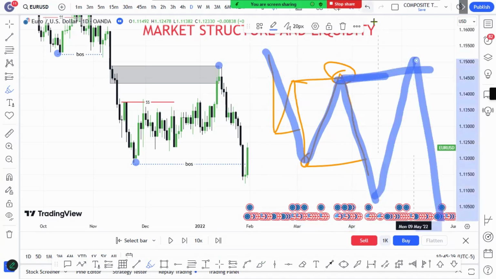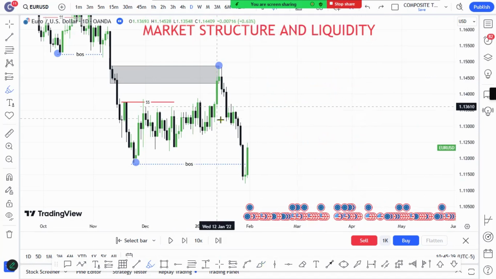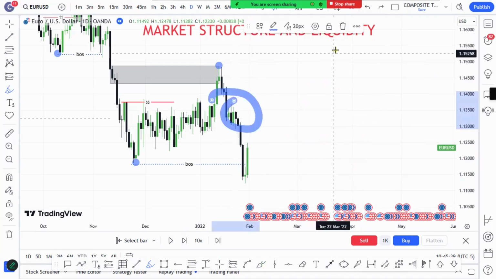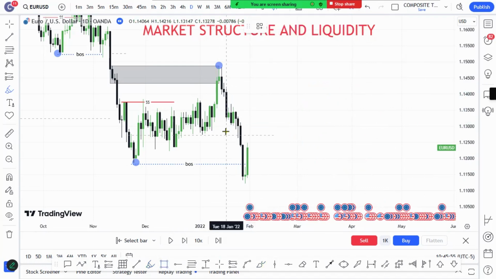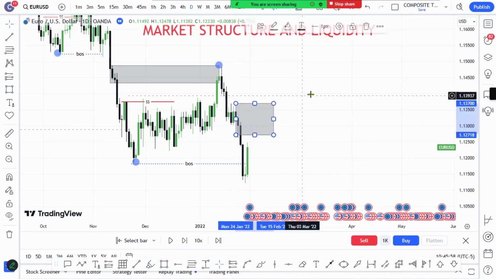So I cannot go deeper than this, but at least I'm sharing the ideas here. This means that when I don't have a pullback here, because this is not a pullback, this is what we call an accumulation, whereby the market will just trap you. This one is a supply zone, a very nice supply zone.